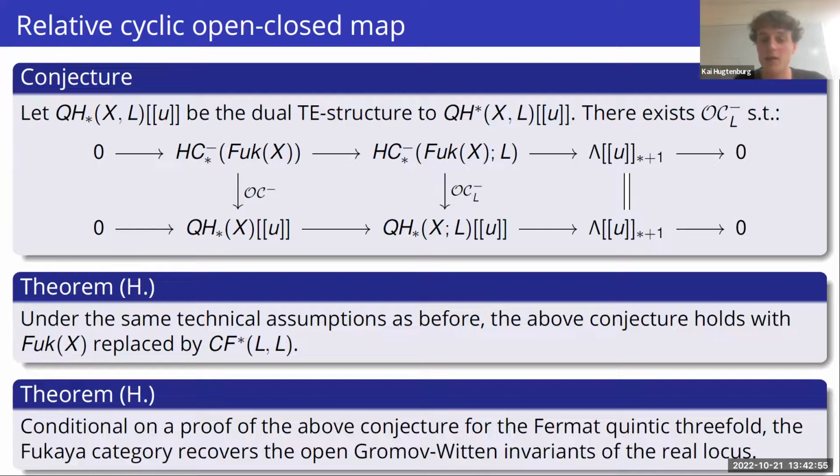And indeed, if we assume that this conjecture has been proven for the Fermat quintic threefold, which unfortunately the technical setup I use doesn't apply to, then you can show that just the data of this short exact sequence is enough to recover all open Gromov-Witten invariants of the real locus inside the Fermat quintic threefold. These open Gromov-Witten invariants were recently considered by Walcher and Hahnenbacher and Solomon, Pandey, Walker, where they actually compute these invariants and have a conjecture for them,